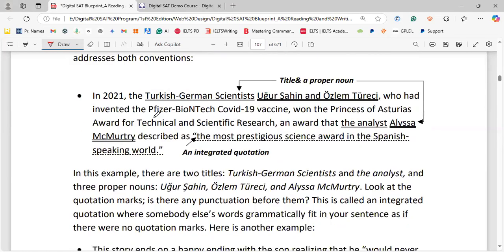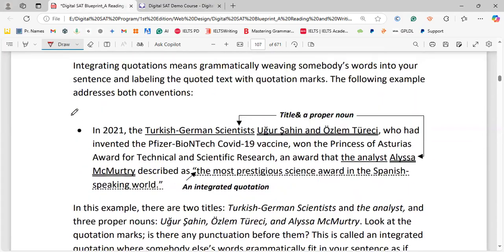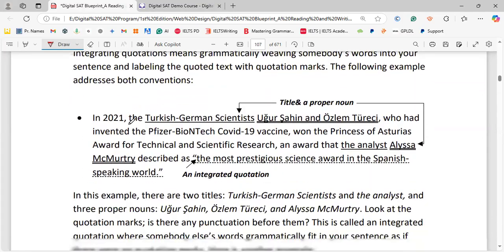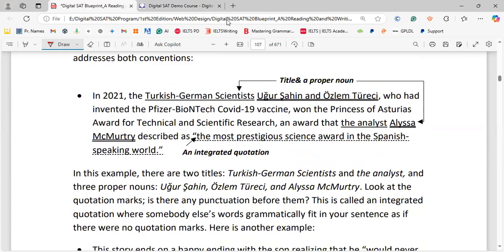Now, let's look at this question, this skill: integrated quotation. In integrated quotations, we don't have to add a comma because simply we don't have a signal phrase. In 2021, the Turkish-German scientists Ugur Sahin and Özlem Türeci, who had invented the Pfizer-BioNTech COVID-19 vaccine, won the Prince of Asturias Award for technical and scientific research, an award that the analyst, Alicia McMurtry,